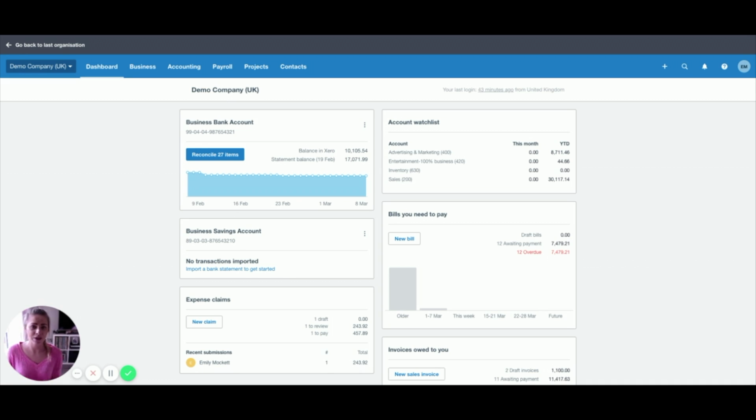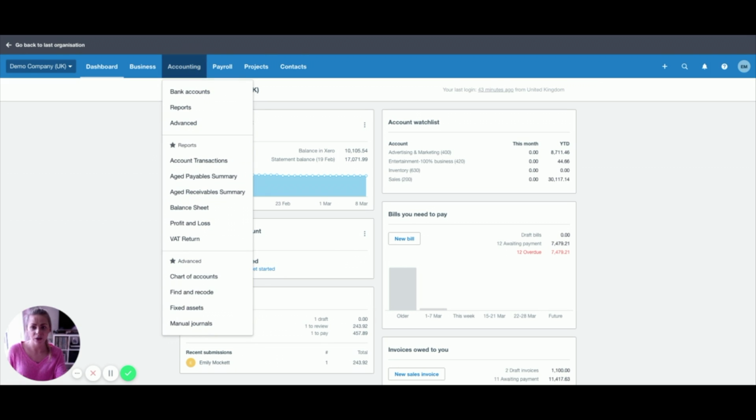As I said in the previous video, you can actually edit the dashboard to choose what you can and can't see. Most clients have the bank accounts showing on the main screen as it gives them an indication of how much work they've got to do. So this client here has got 27 items to reconcile. The other place you can access the bank is through the Accounting tab in the top left-hand corner and then